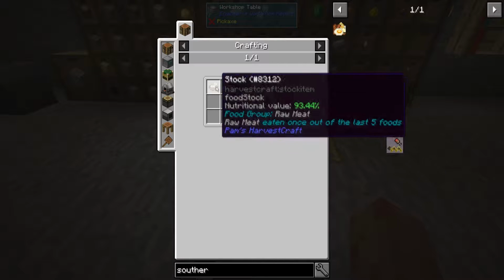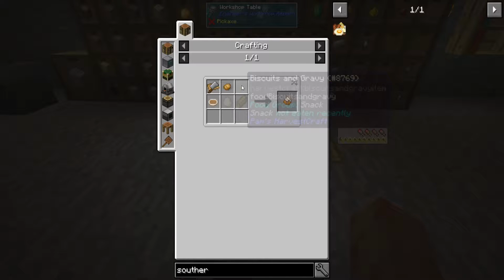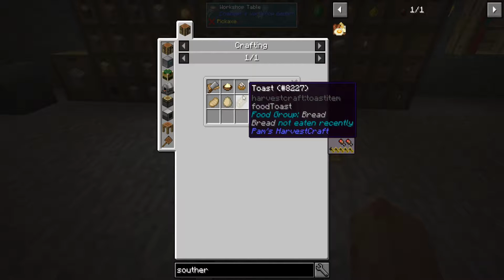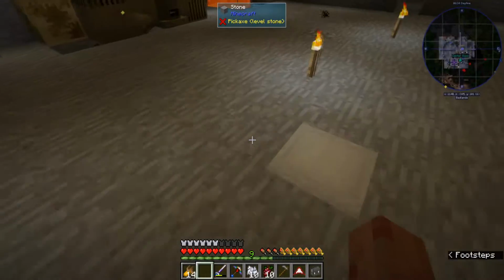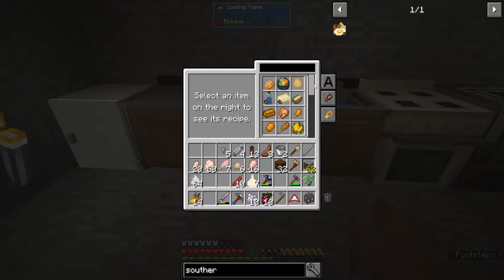Biscuits and gravy we've already made. Comes from stock and flour, which is soybeans and soybeans. Biscuits come from dough and butter. Basically bread again. Soybeans for these. Grits come from soy milk, soybeans, salt, water, and cornmeal. So the last thing I need is cornmeal. And a lot of soybeans. So let's make...